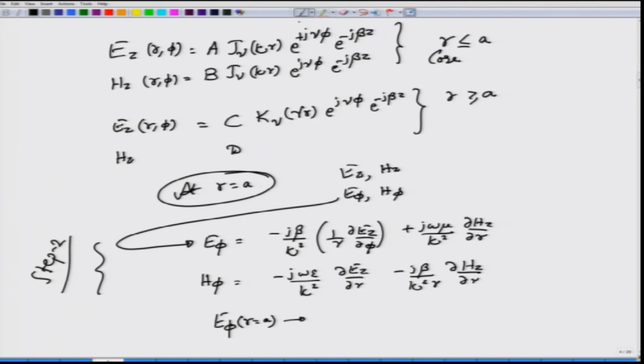Of course, you might ask, are these equations valid for both core and cladding? Not really, this is for the core, and for the cladding you replace kappa square by gamma square. So, wherever you get kappa square, you replace it by gamma square. Please note that these gamma squares are not part of these expressions, which is why I am writing them in a different color. So, this is the field for the cladding, and the expressions written in black are the expressions for fields in the core.